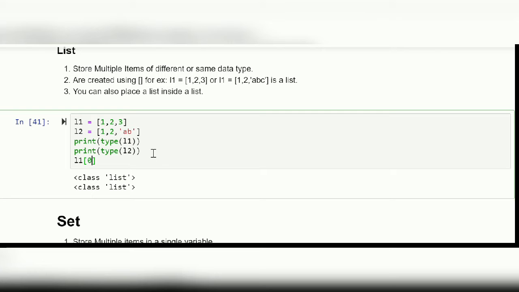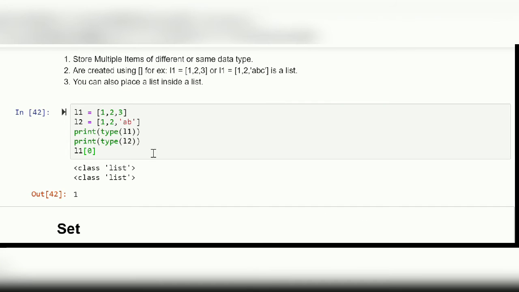For example, if I just pull out the element at the 0th index, so you will see that the element at 0th index from list 1 is this, because the index positions, they start from 0 till length -1. So that's why the element at second index would be 3, this. So 0, 1, and 2. So that's basic thing about lists. All you need to remember is they are denoted by using big square brackets.